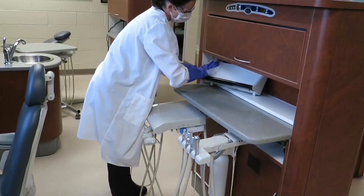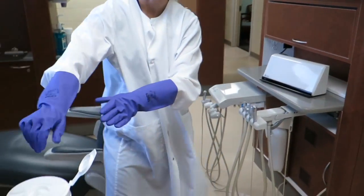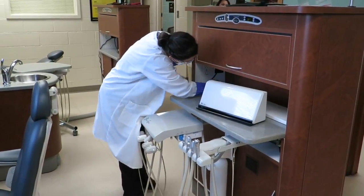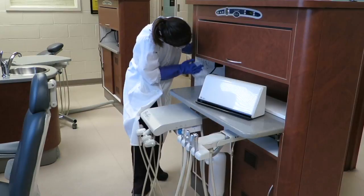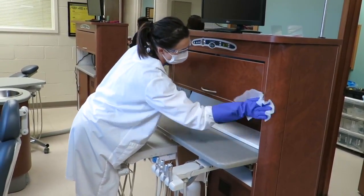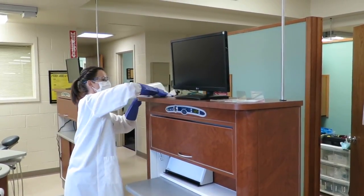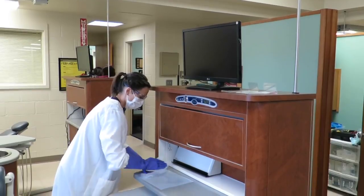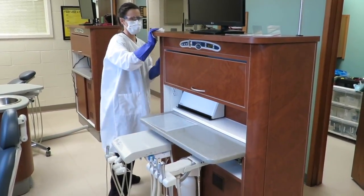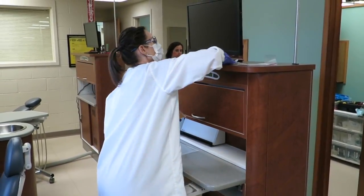You will need to clean the countertop, the X-ray light box, under the monitor, your chart cover, making sure to place the clean side on a clean counter. Your faculty and CA signs,